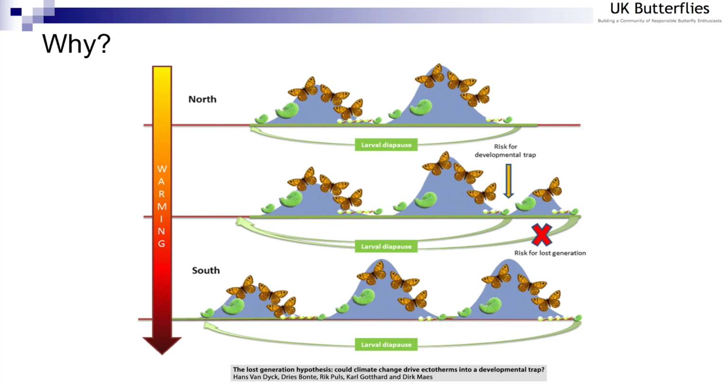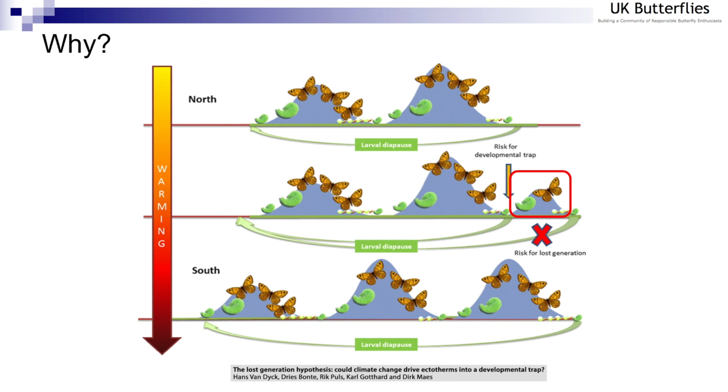But in the middle of its range, between north and south, there are populations where the butterfly goes through 2 complete broods, but a proportion of that second brood go on to adulthood, have to find a mate, lay eggs, and the caterpillar needs to get to the third brood in order for it to successfully overwinter. However, if none of those things are achieved, so they don't reach adulthood, don't find a mate, eggs aren't laid, caterpillar doesn't get to its third instar. If any of those things hold true, then the butterfly will essentially perish,